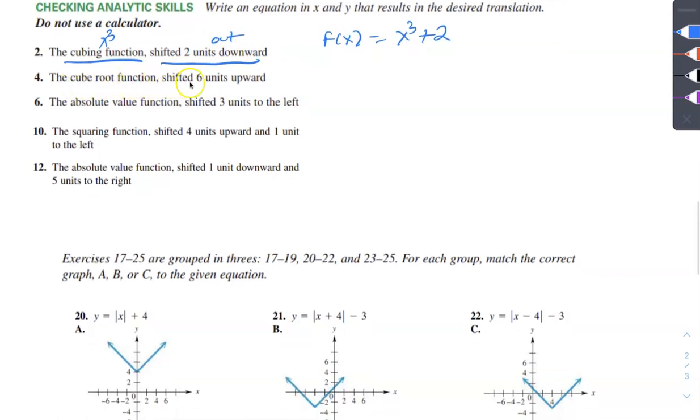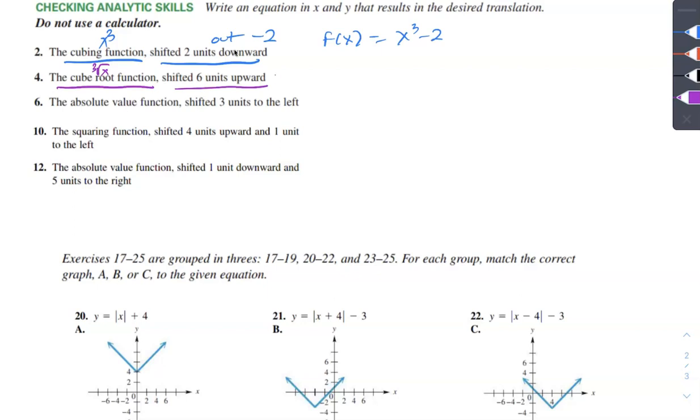The cube root function shifted 6 units upwards. Oh, downwards. I messed the last one up. It should be down 2. There we go. Sorry about that. Downward, so minus 2. The next one, the cube root function, x cube root like that, should go 6